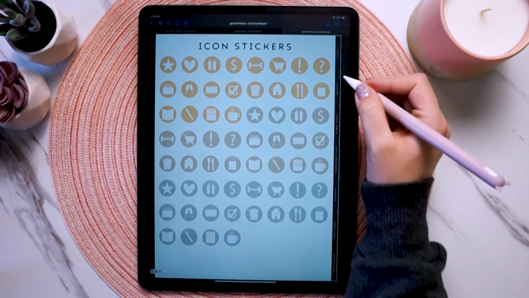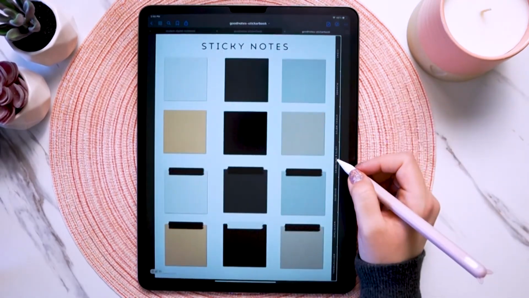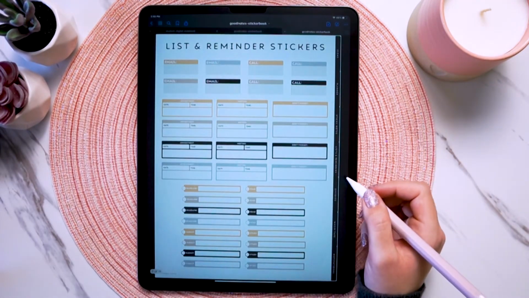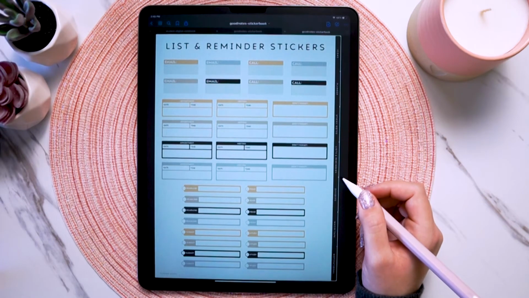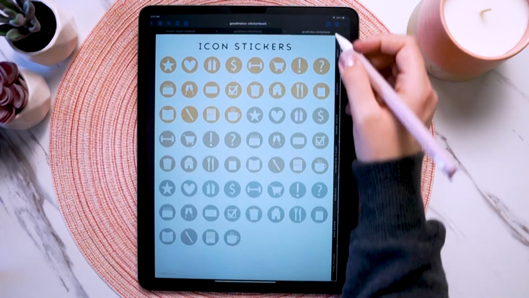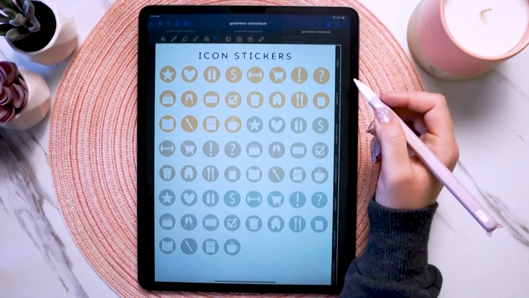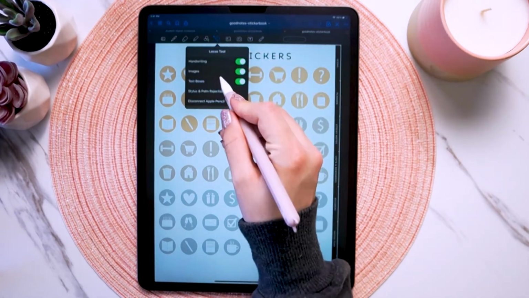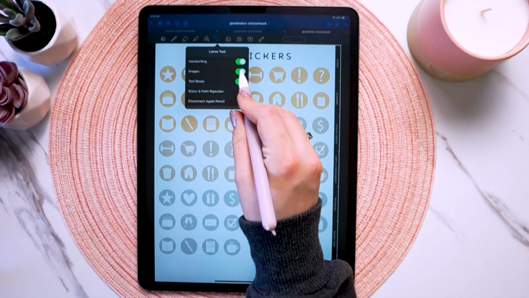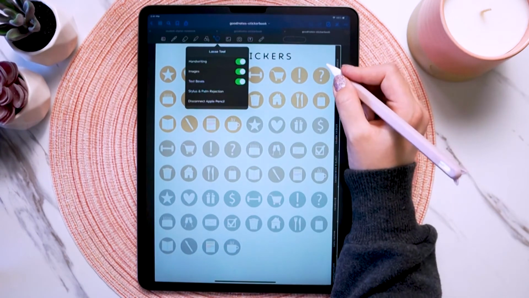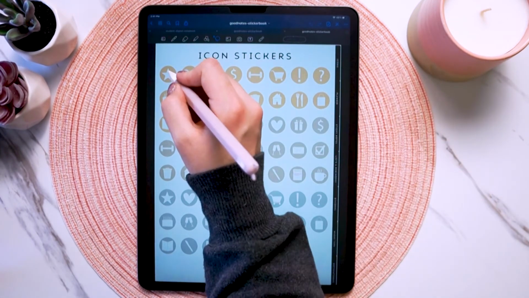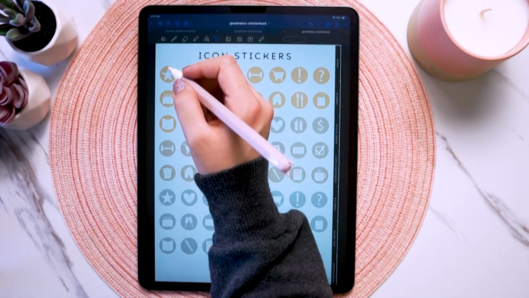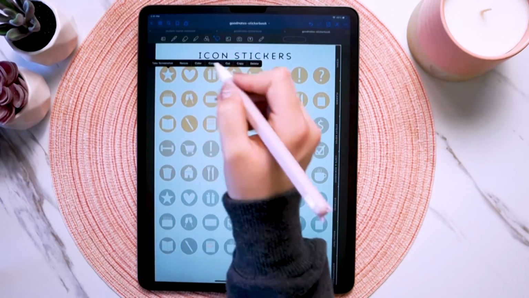These tabs are all hyperlinked to the start of each sticker section, and you would just navigate to whichever sticker that you want, and you would grab the lasso tool and then tap on it again to make sure that images is turned on or it won't pick up the sticker. So you would just draw a small circle on top of the sticker that you want, tap and hold, and